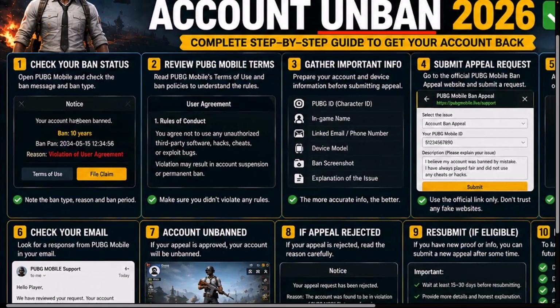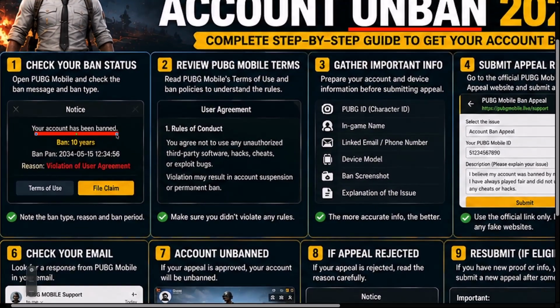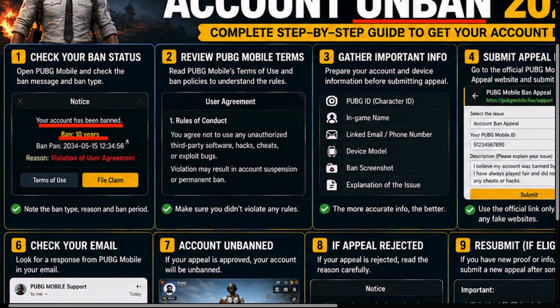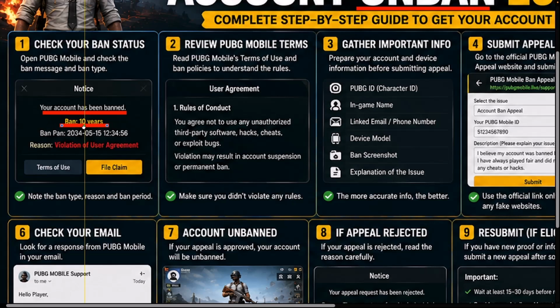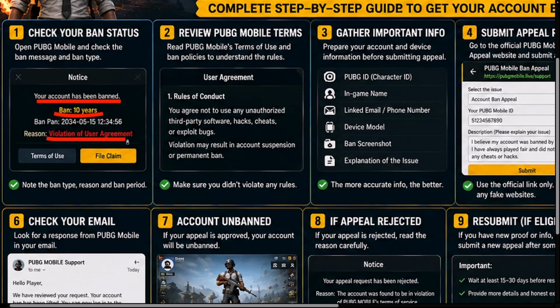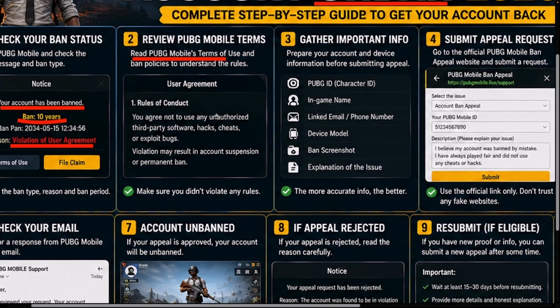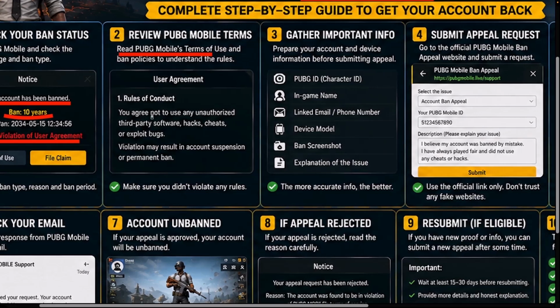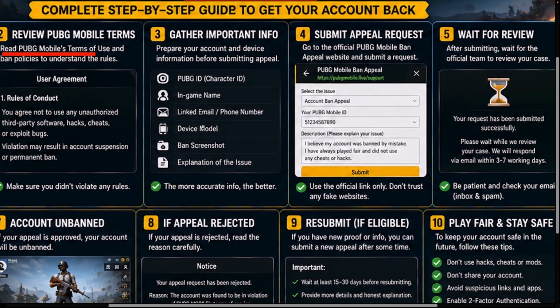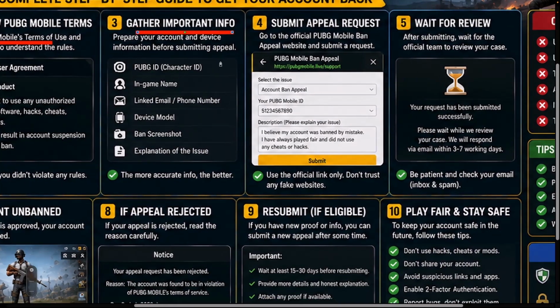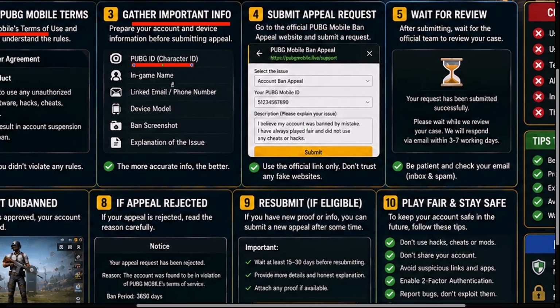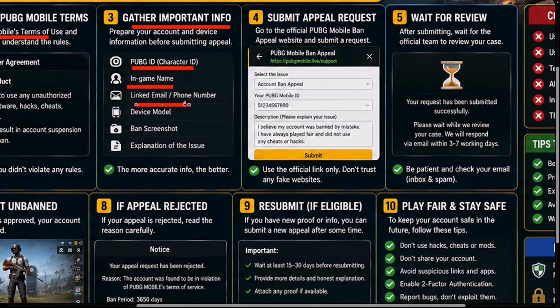So the first thing you want to do is simply go ahead and check why your account has been banned, or how long the duration is, and also check the time duration for your ban, because it does tell you that. You want to also look for the reasons as well. Then you want to simply go ahead and read the PUBG Mobile terms of use and ban policies to understand what rules you violated. You want to simply gather important info like PUBG ID, in-game name, linked email, phone number,